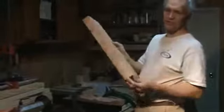Now watch this. This is a piece here of rough cut. You can see here, actually that side's run through the table saw. It hasn't run through the jointer yet, but this here is unfinished. I mean, it's rough, and so we're going to take this piece of 80 grit